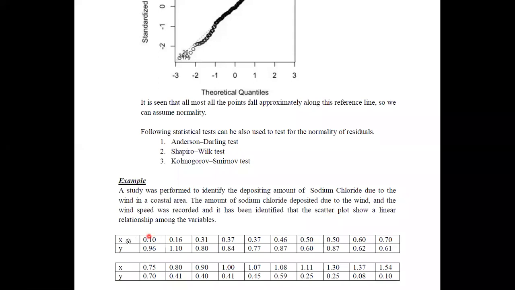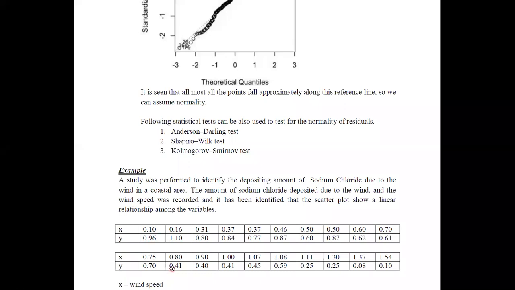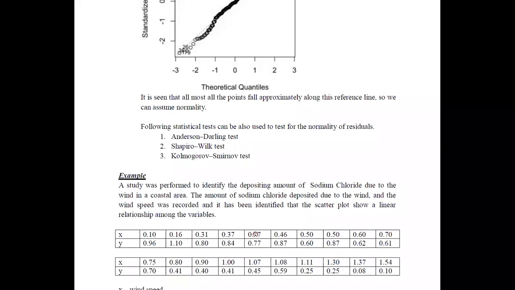Here we can see that x and y variables are given. Since we have one x variable and one y variable, we can model this set of data using simple regression, and you can see that all the data points are quantitative. First of all, we have to identify what should be the x variable and what should be the y variable.